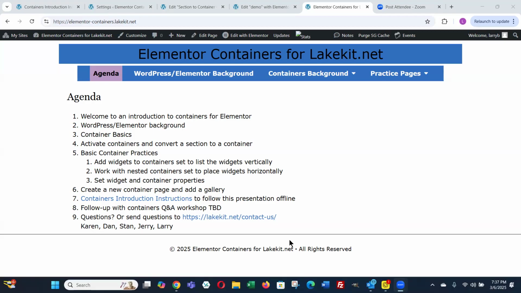Most of it would be too basic for those of you here, but it's there on the Lake Kit site under members only. We've got a version of the basic instructions using containers and the basic instructions using sections and columns. So there is that written material as well.